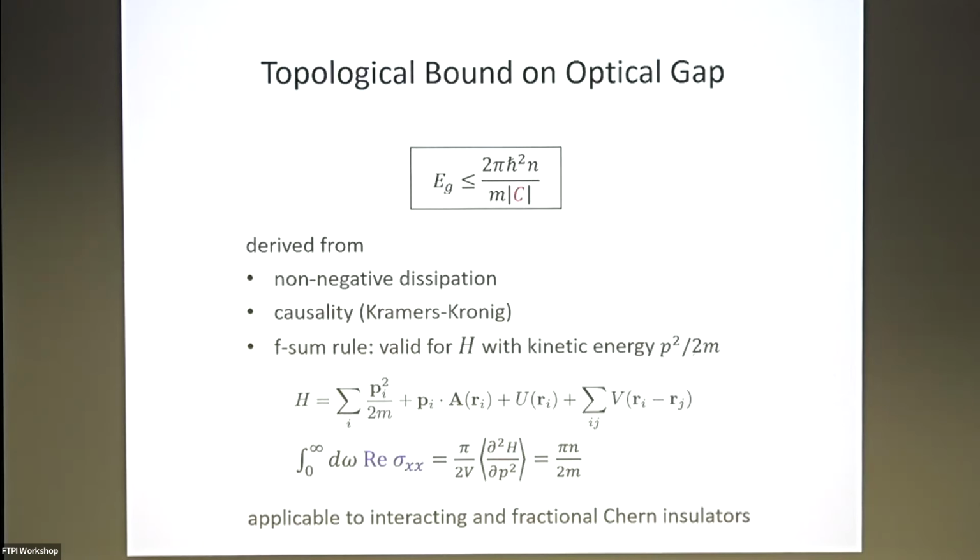So one can still use the F-sum rule. In the most general case, the F-sum rule tells us the full spectral weight is the second derivative of the Hamiltonian with respect to E squared evaluated over the ground state. So there's a weighted mass that you can use. Somehow, for them, one can still think about this quantity.